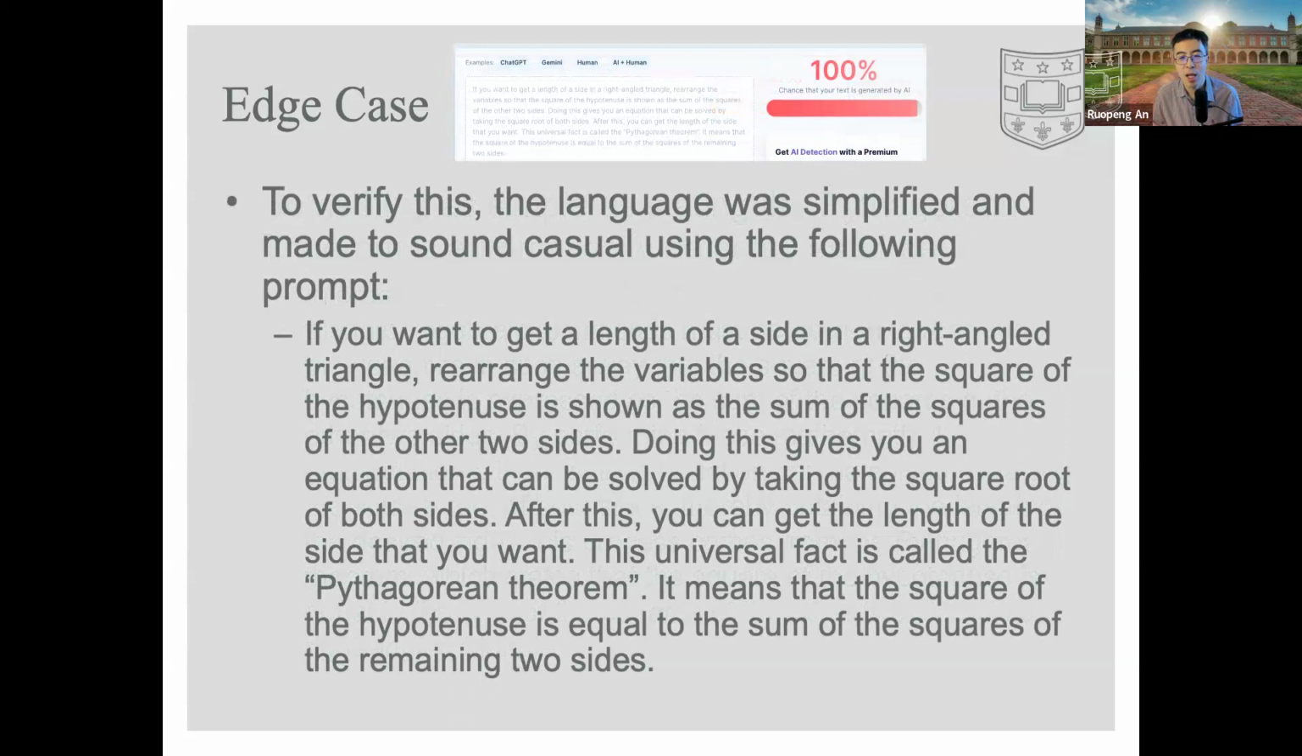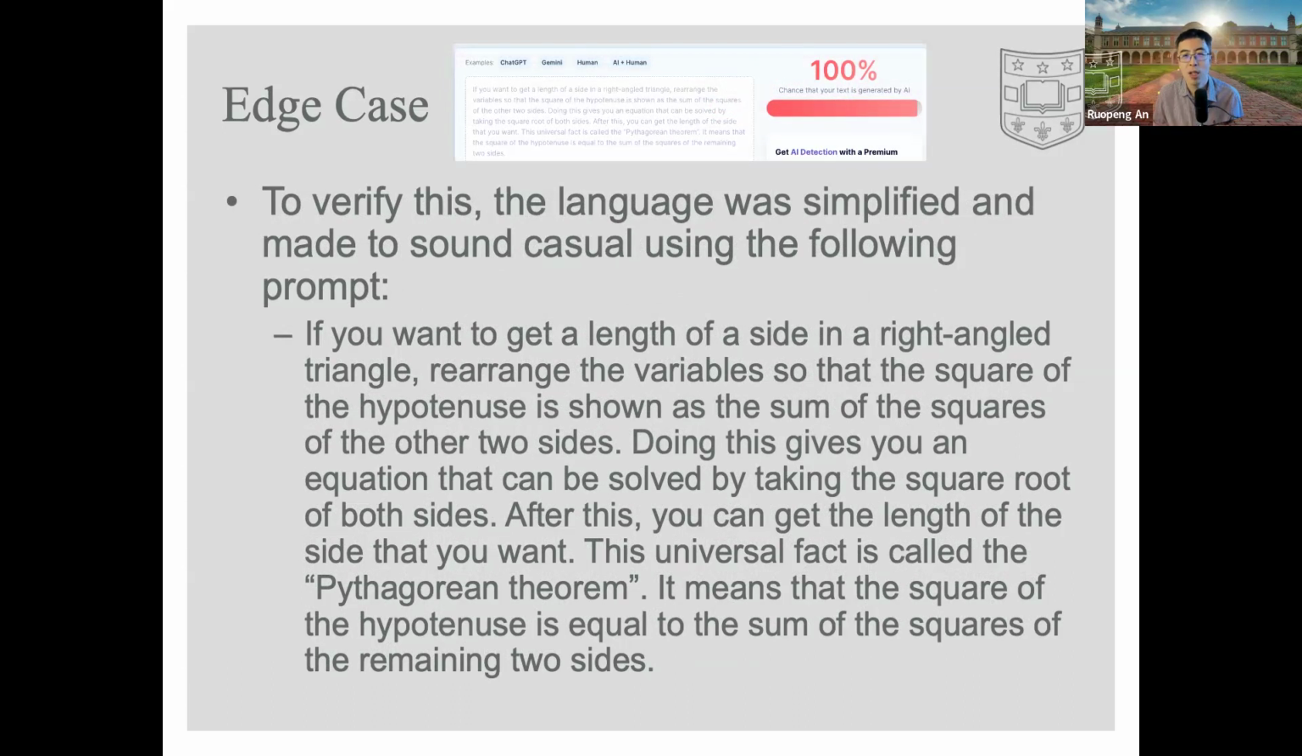So if you want to get the length of a side in the right angle triangle, rearrange the variable so that the square of the hypotenuse is shown as the sum of squares of the other two sides. Doing this gives you an equation that can be solved by taking the square root of both sides, blah, blah,